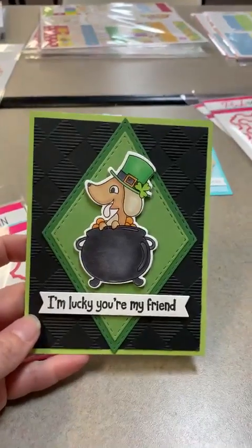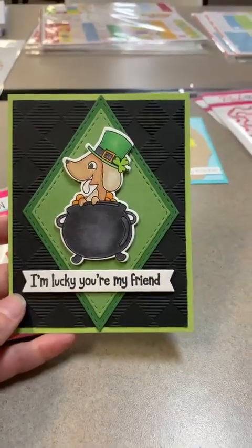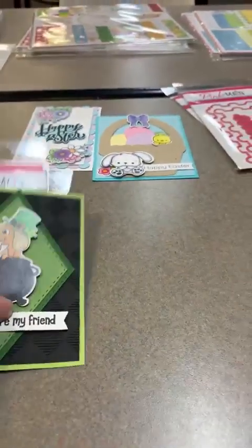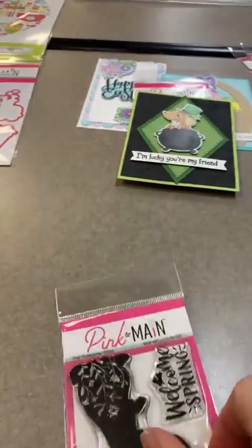Look how sweet that is. Is he not just adorable? Super, super fun. Love that guy. Okay, so there is February Pup with his sample. Next one I've got